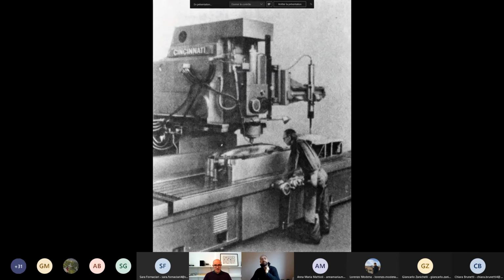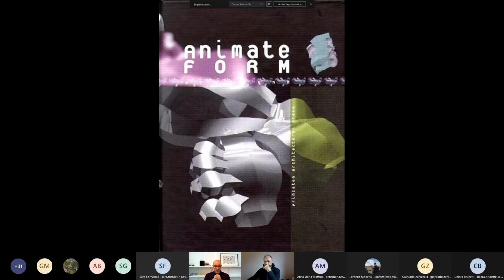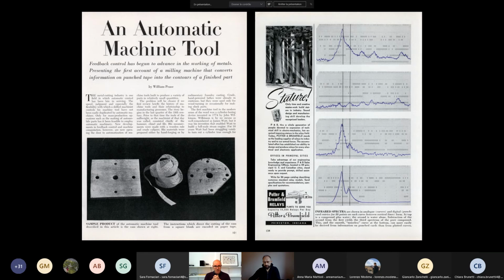And what matters when we look at these machines is not only the shape of what they can do. Obviously, some people, like Greg Lynn, wrote about the introduction of this kind of machines in architectural production. The French architect Bernard Cache did this as well. But what I'm interested in mostly when I look at this machine is not so much